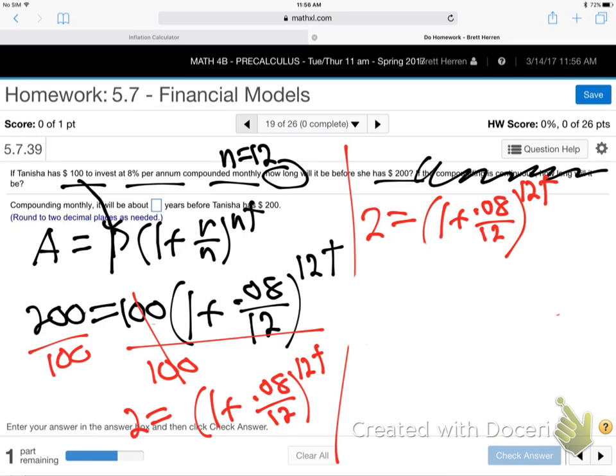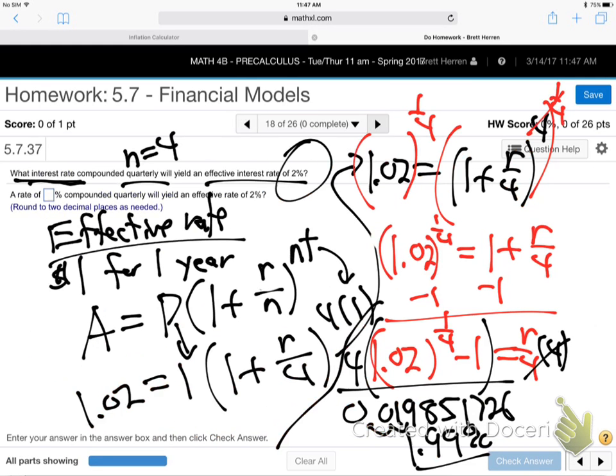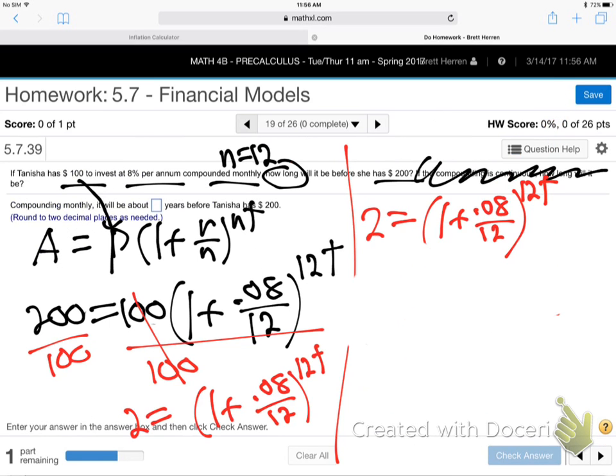It worked great on the last problem when we just had a 4 up there. We just had a number in the power zone. Just do the 1/4 power. It's gonzo. And we're fine with a 1/4 power. Whoops, I just erased it. 1/4 power on the left side, because we can do that in our calculator. But we don't want like a t in the power zone. We can't do that in our calculator. Everybody see the difference? So, all right, what I'm going to do is natural log